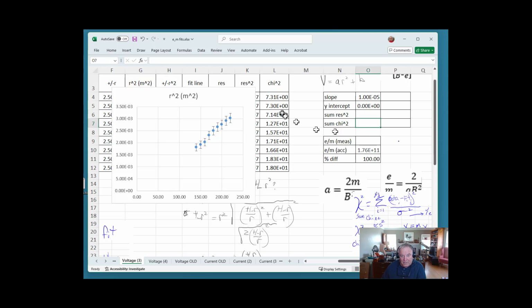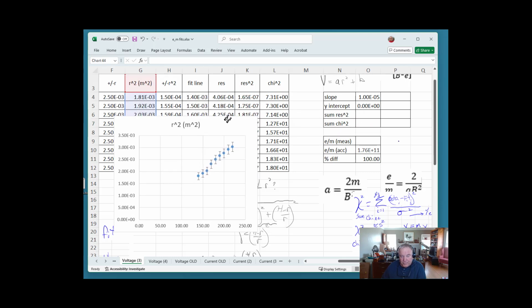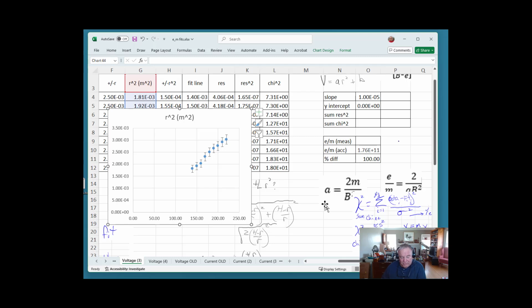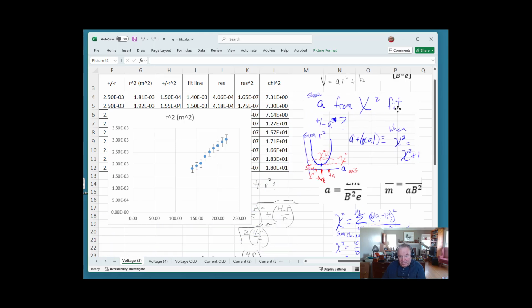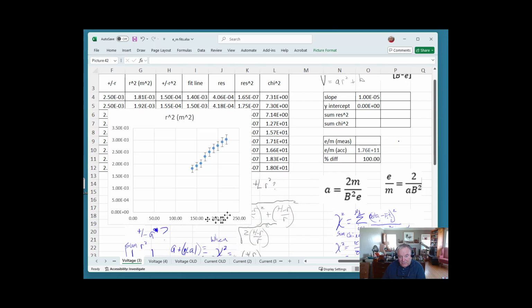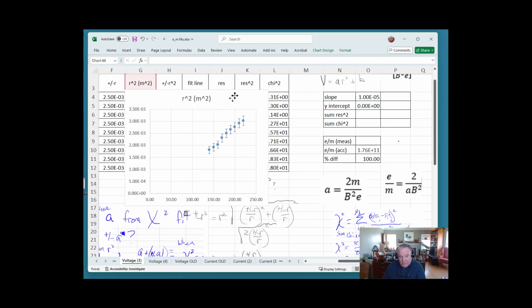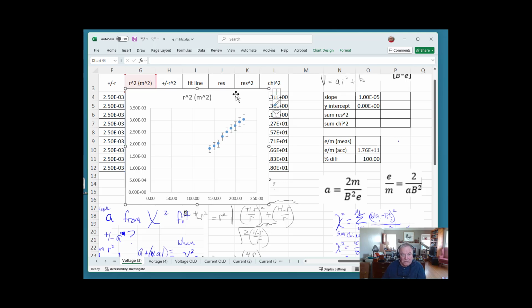And the sum of the chi-squared just simply tells us it downplays the bad data points that have large error bars. But the big deal, though, is that the chi-squared allows us to determine the plus minus on the slope, and I'll get to that in a minute. It's a standard way to get the plus minus on the slope. Okay, so let's add the